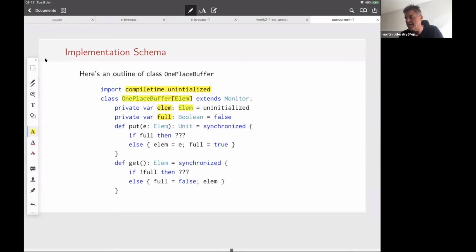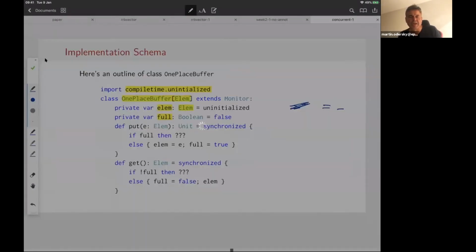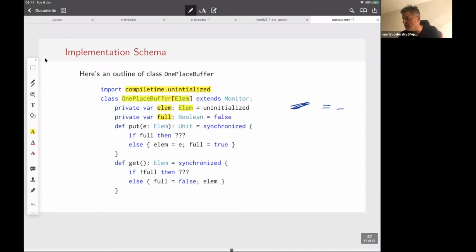So we express that with uninitialized. In Scala 2 and earlier Scala 3 versions, that was just expressed as equals underscore. So the underscore said it's uninitialized, but in the latest iteration of Scala 3, we decided that we want to get rid of all non-essential usages of underscore, and this was one of them where it was sort of mysterious. So that's why we renamed it to uninitialized, and you have to import it from compile time.